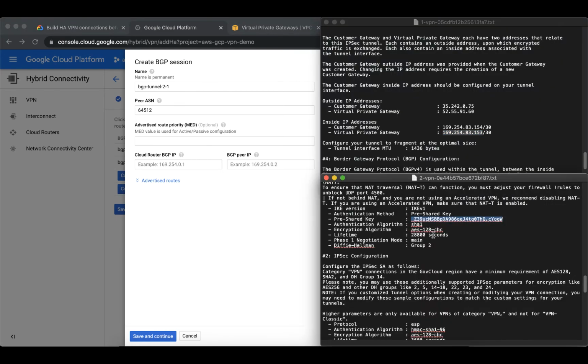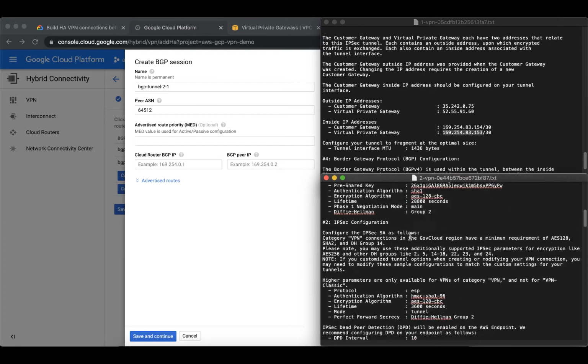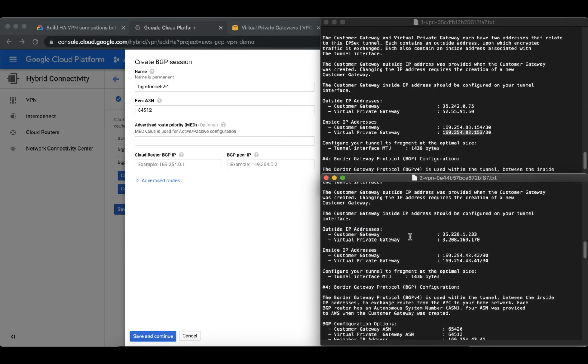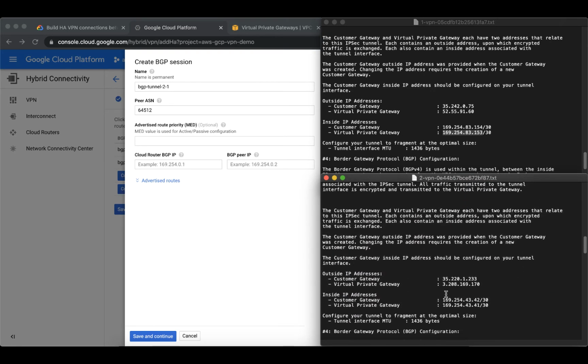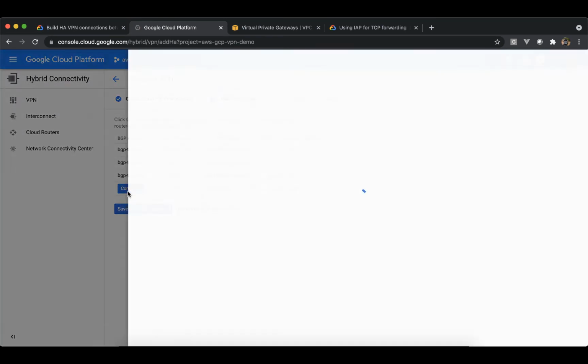This time we will go to file number 2 all the way up, IPsec tunnel 1, scroll down to setting number 3, and inside IP address customer gateway maps to cloud router BGP IP, and virtual private gateway maps to BGP peer IP. Continue, configure,